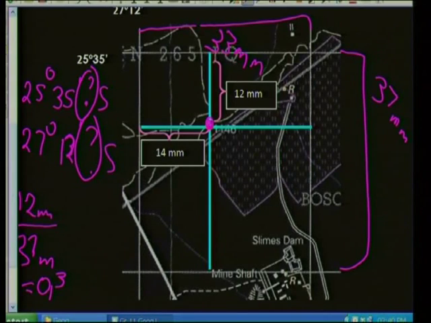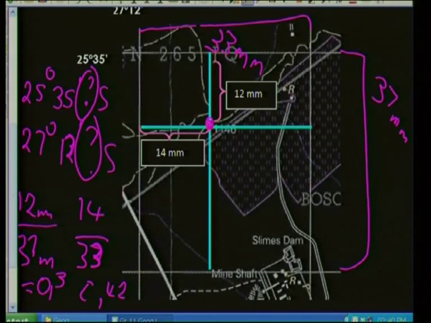Okay, so I've got here 14 divided by 37. I'm going to do that again. I'm sorry, I'm making a huge blunder here. We said it's 33. Remember, the lines between the two is 33. So I'm going to redo my calculation. I think age is catching up with me. And I got